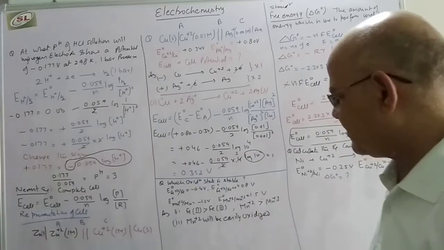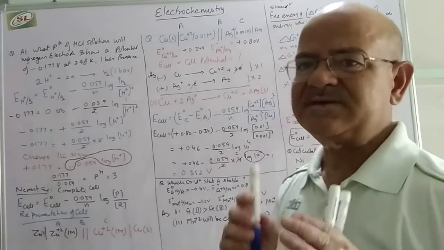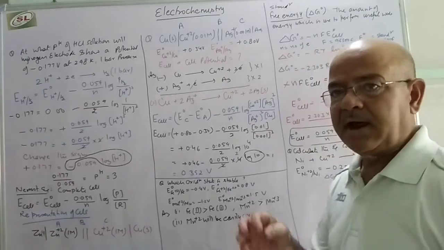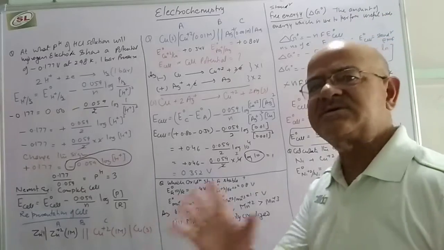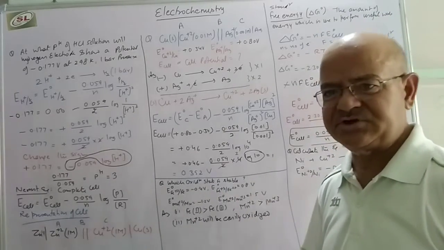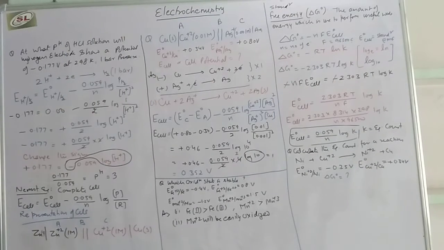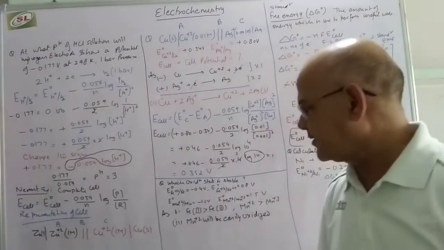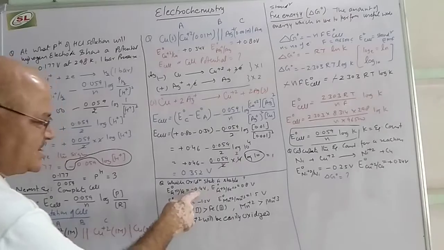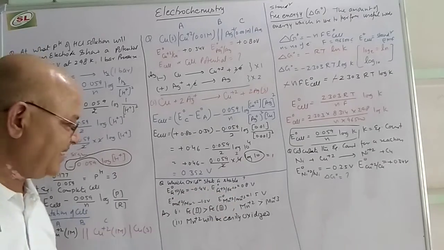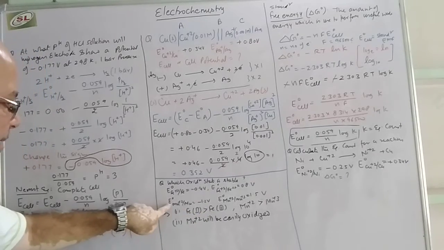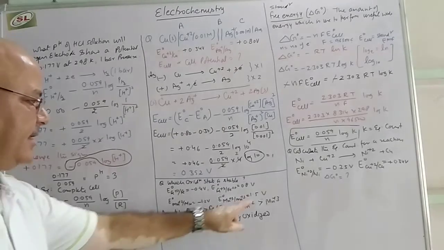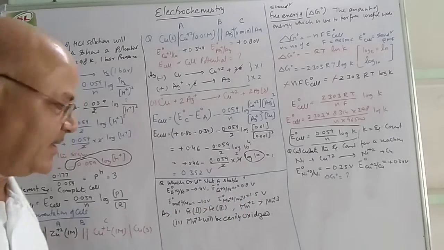It is given for Mn+2 and also for Mn+3. Here you must understand one concept. If an ion has the low electrode potential, that oxidation state will be stable. It is a very good question. That oxidation state will be highly stable. Now you can compare. Fe+2 is having 0.4 while Fe+3 is having 0.8, so Fe second will be more stable than third. Mn+2 is having minus 1.2 while this is having 1.5, so Mn+2 will be more stable.